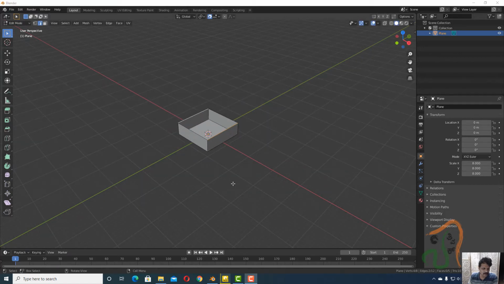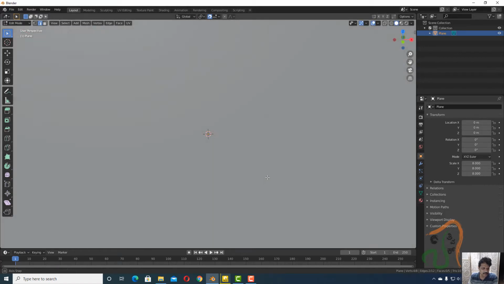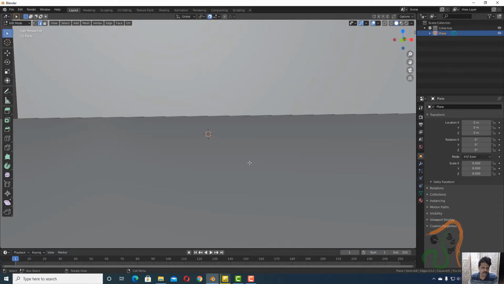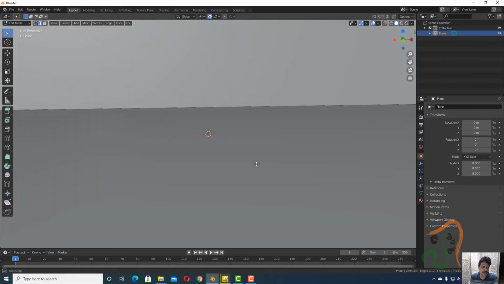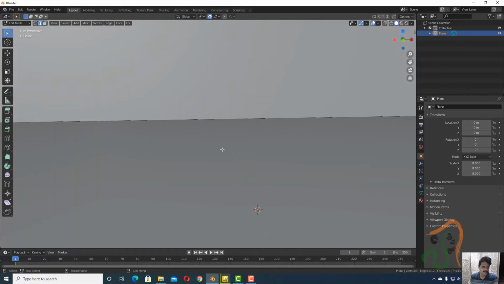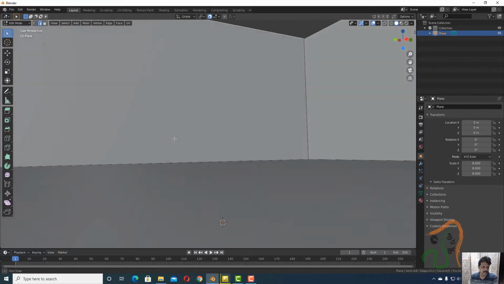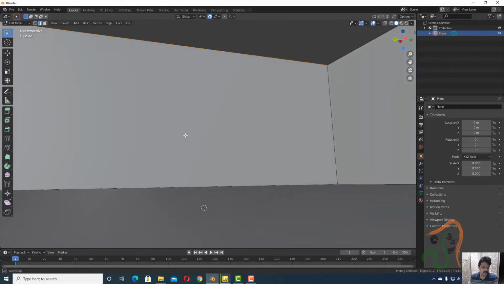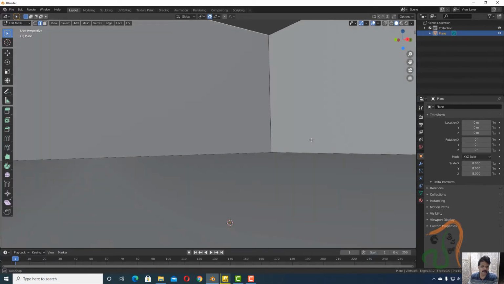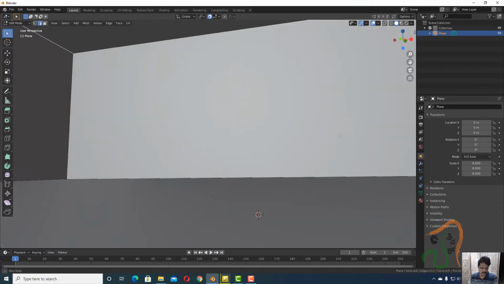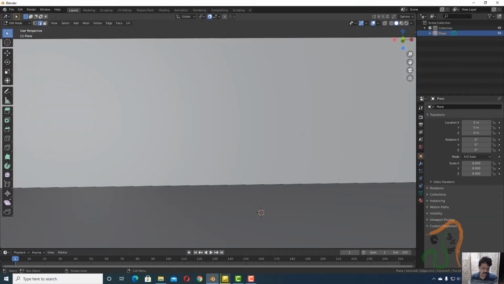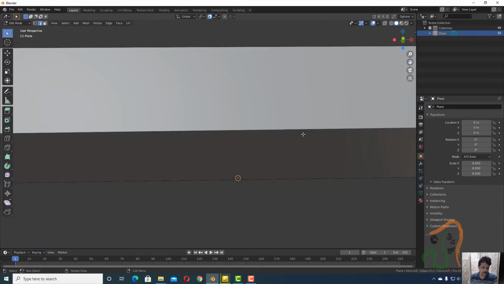Now if I zoom in on this table and rotate and see this, and move it around, this is the room in which we are going to play our game. You can middle mouse click, pan and see this. So this will be the room in which we are going to place our arcades. So now we are in edit mode.